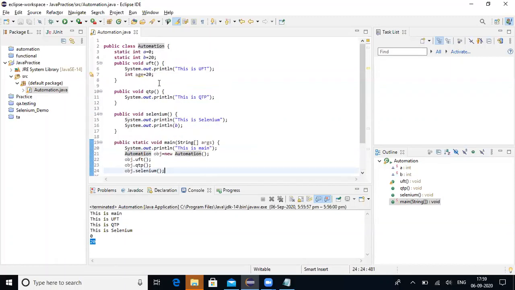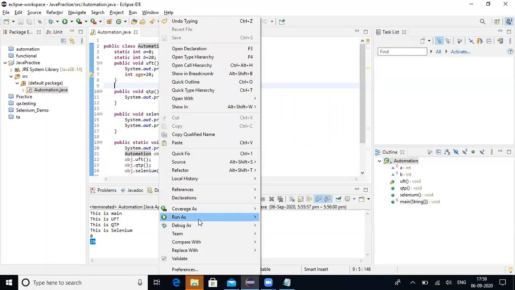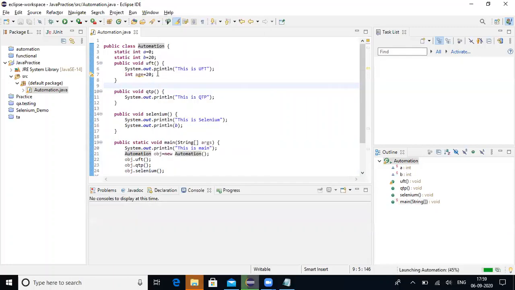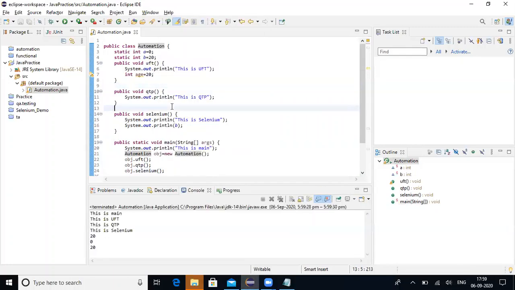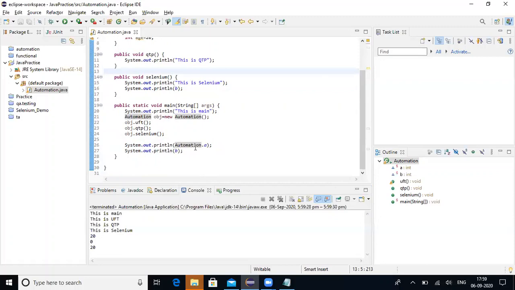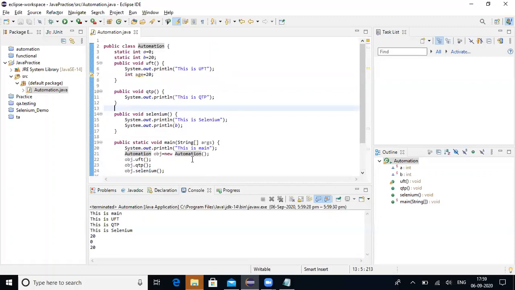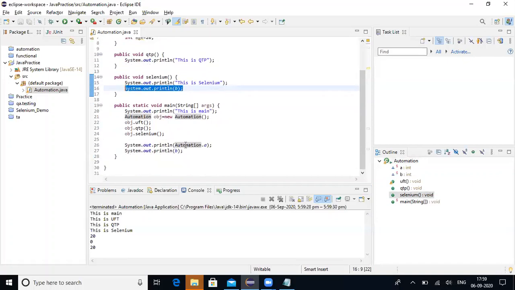You run this, you put the value as 20. Initially it is printing b first, which is 20, and the a is 0.